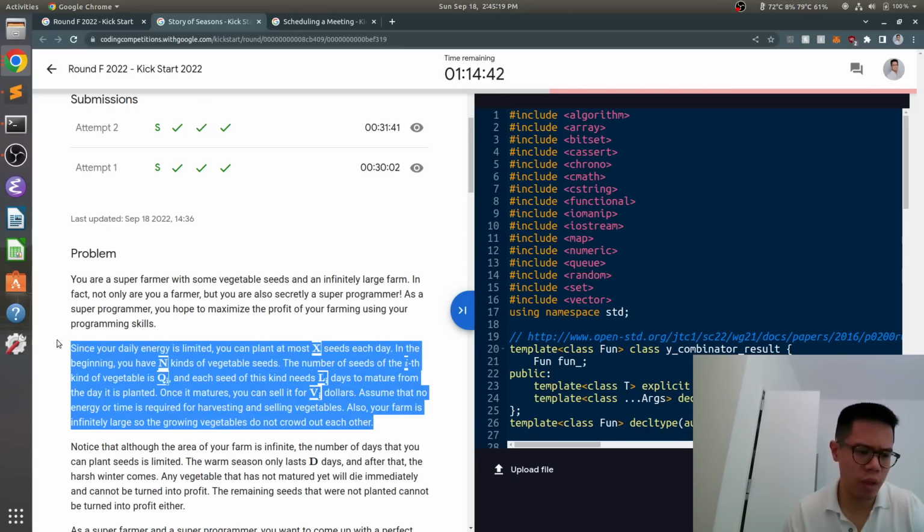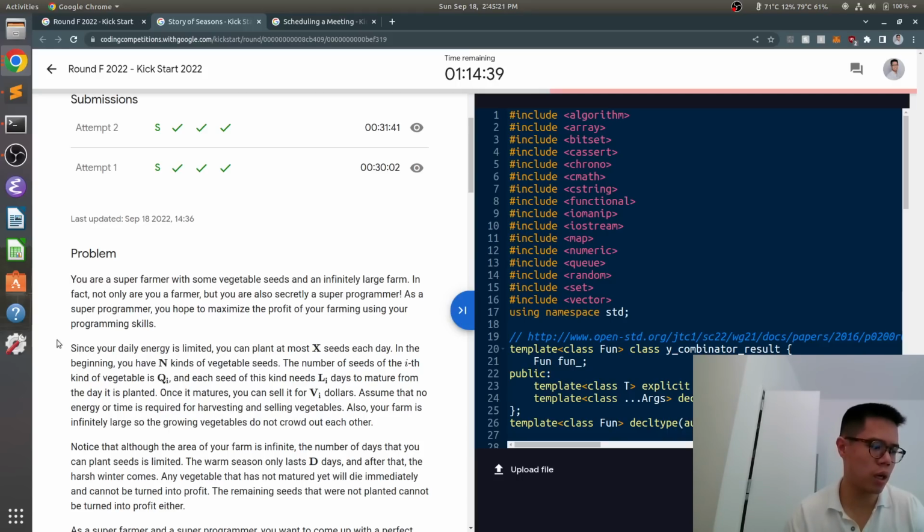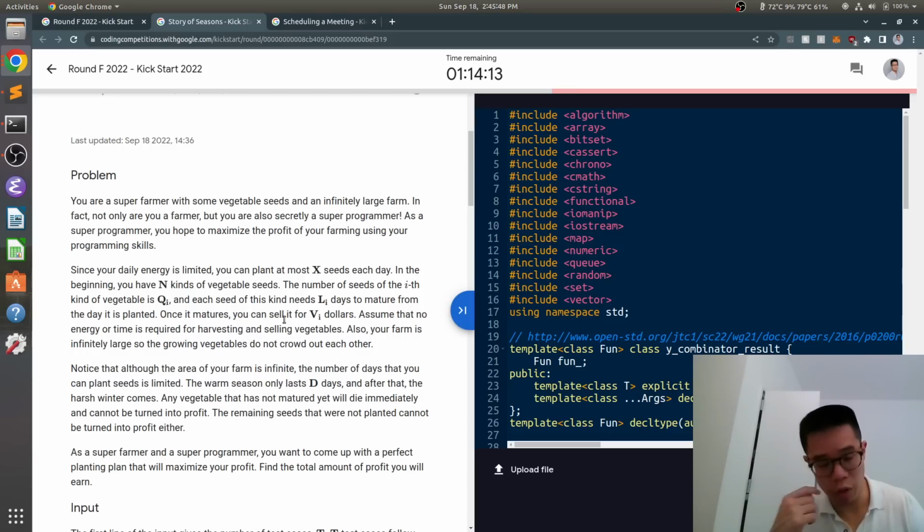And basically, it turns out that if you go from beginning to end and think about what you want to plant, it's tricky because it's not clear whether you should plant something that finishes sooner but makes less money, or something that finishes later but makes more money. Because in that case, maybe you want to save the thing that's sooner for later, and maybe you don't want to save it. But if you go backwards, so if you go from the end to the beginning,